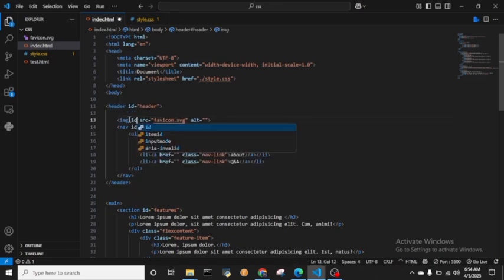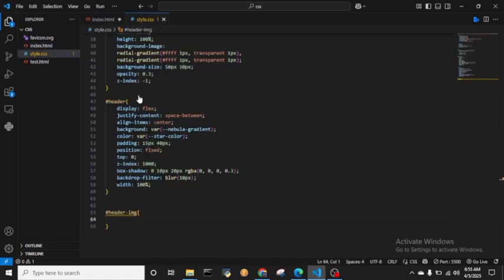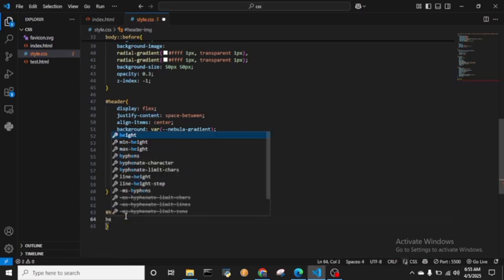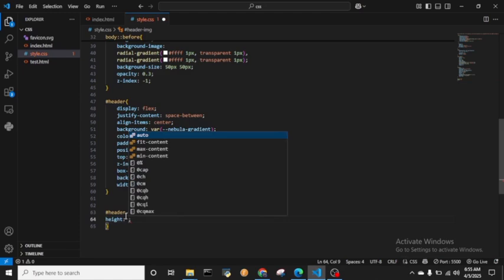Oh, we didn't give an ID. Header IMG. So I'll copy this and I'll paste it right here. So next we're going to set a height of 60 pixels